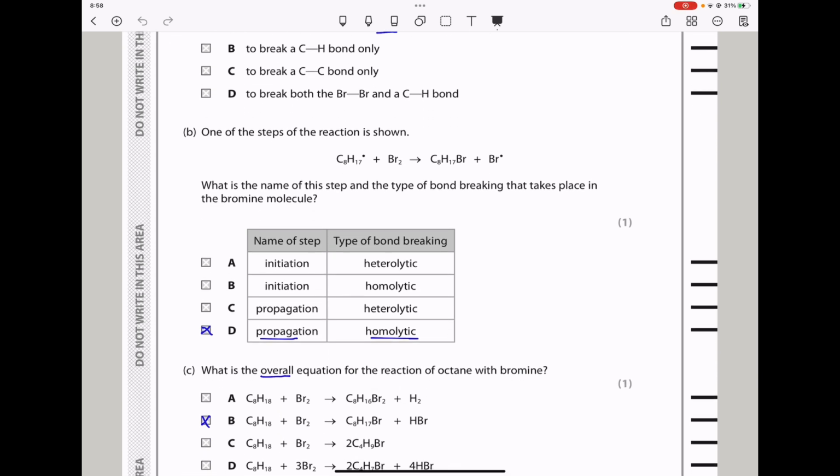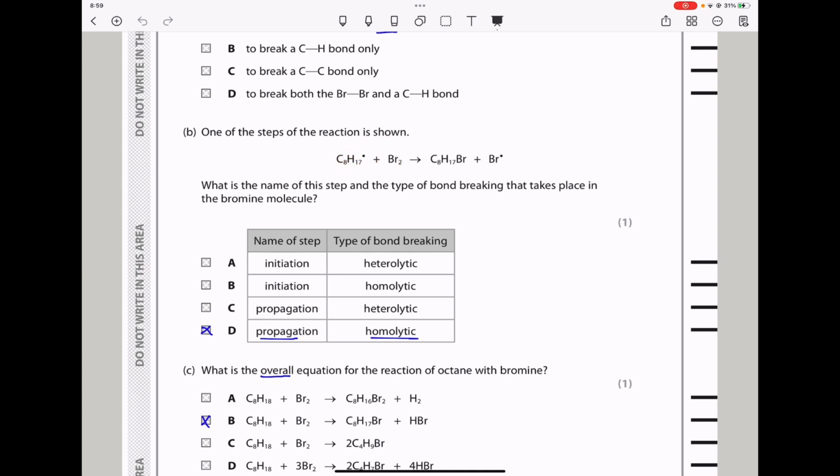In part B, one of the steps of the reaction is shown. This one here is a propagation step. So they say what is the name of this step and the type of bond breaking that takes place in the bromine molecule. So this is going to be a propagation step because we see one free radical is reacting